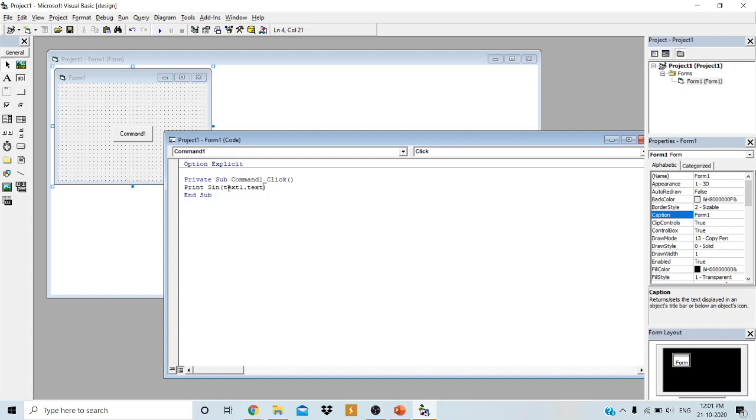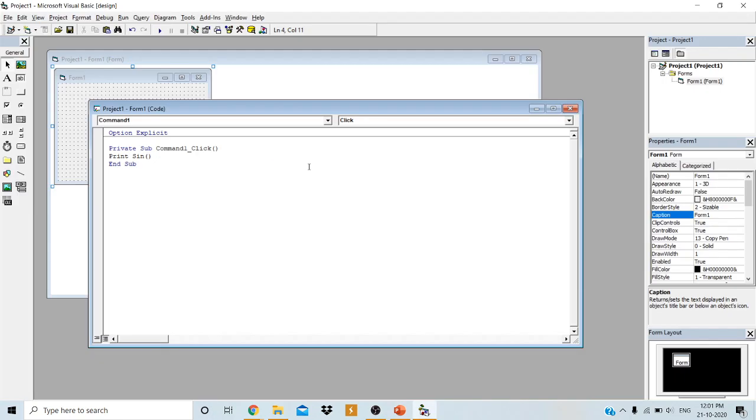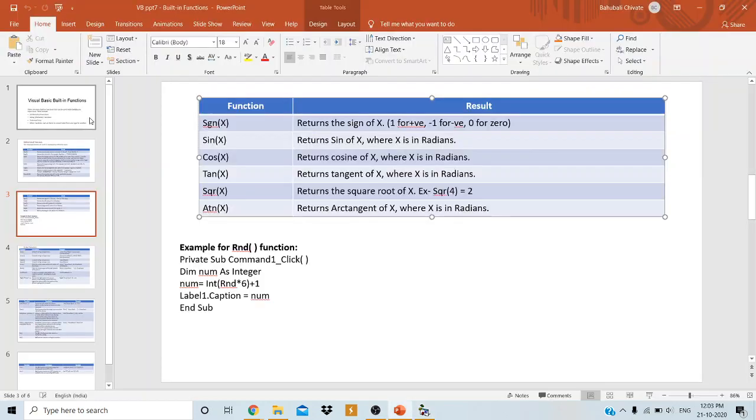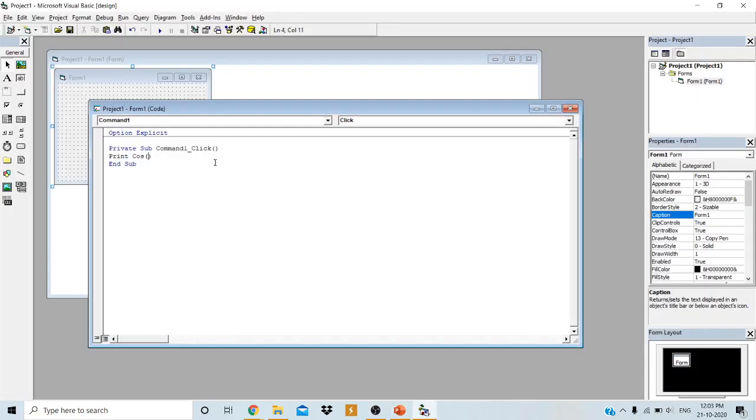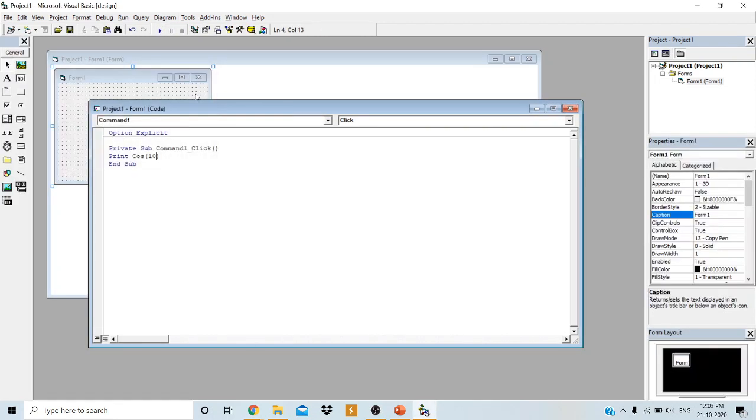Yes, sir. For demonstration, I'm just typing the value directly here in the function itself. You can also use the function in this manner. Then cos of x finds the cosine value. Next is cos of 10, the cosine value it is going to return. See, this is the cosine value. Cos of 45.